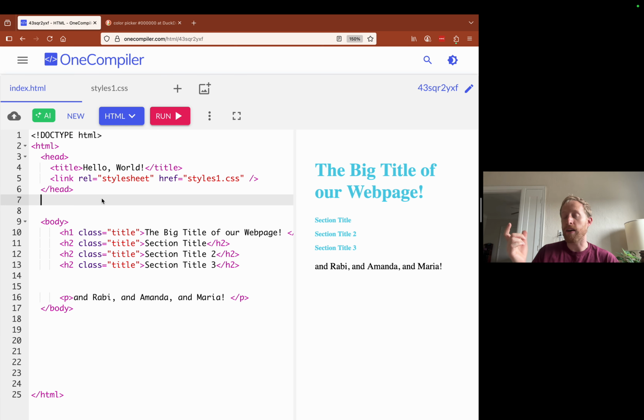Now the metadata are things like the return address, the address that I'm sending it to, maybe the cost of the postage stamp. These are all pieces of information that come along that don't necessarily visualize for the user. On the web, that's maybe not the best example because obviously you see all that when you get the envelope and examine it.